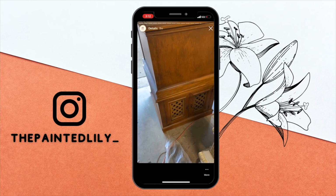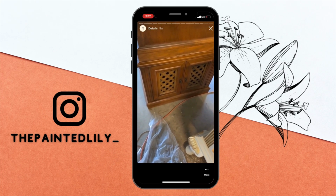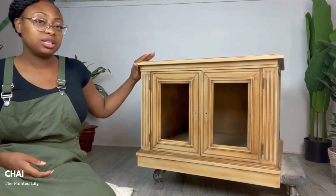Those that are following me on Instagram at the painted lily_ have already seen these nightstands. So let's get started. Anytime you are doing any type of project, please make sure you know what type